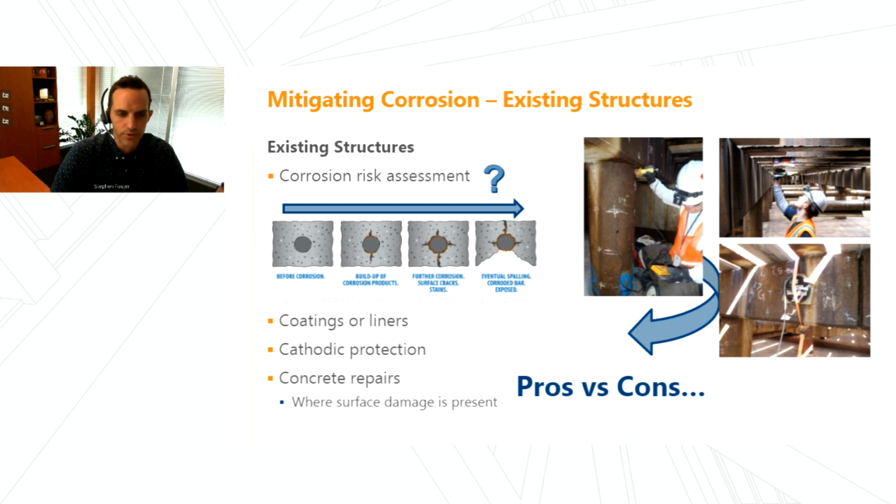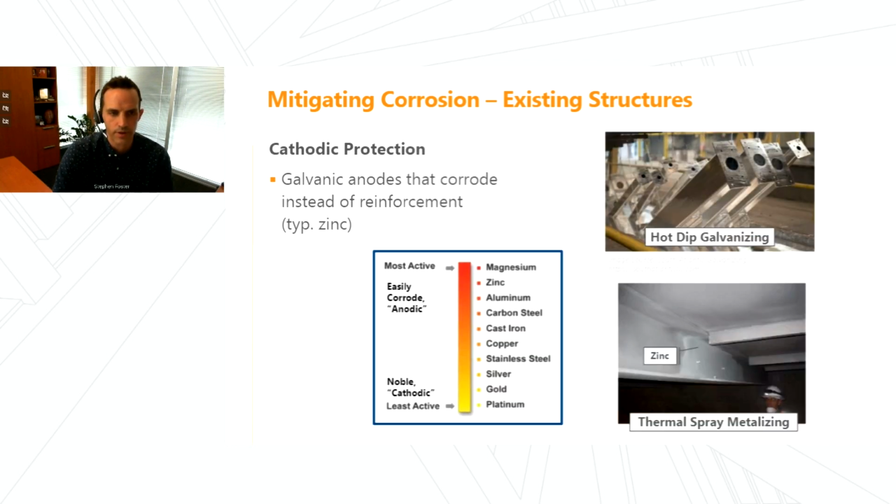We'll want to maybe use different solutions and different strategies, and each of them will have different performance implications in terms of things like ongoing maintenance or initial cost, and how it might impact operations. So there's lots to consider here, and we'll talk a little bit more in depth now about cathodic protection